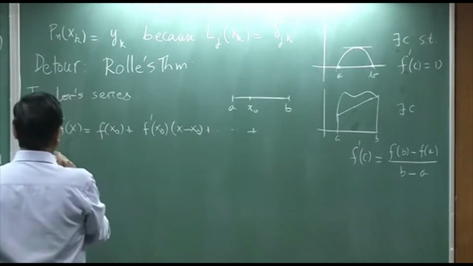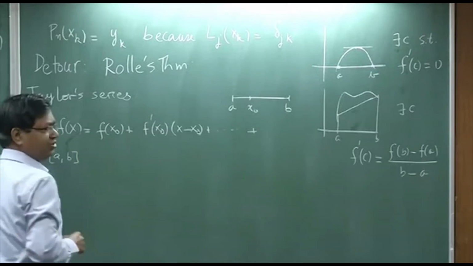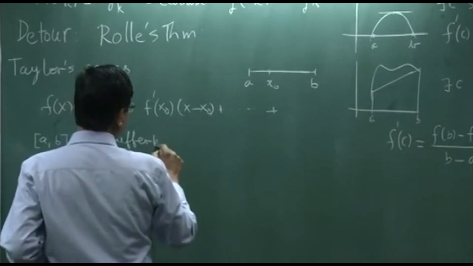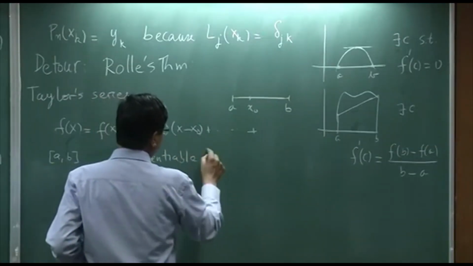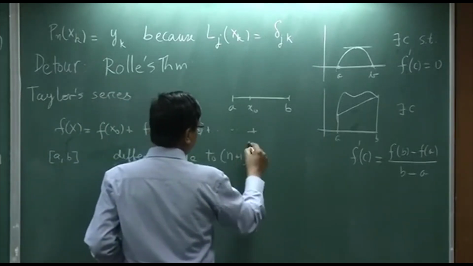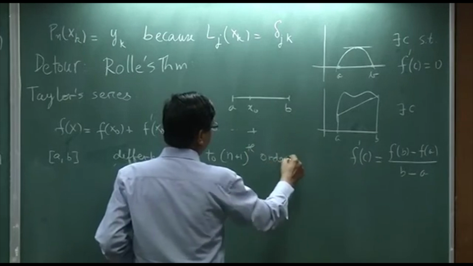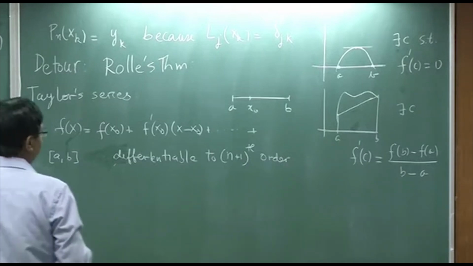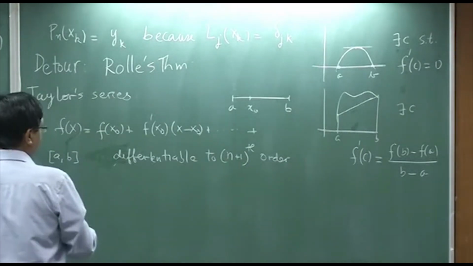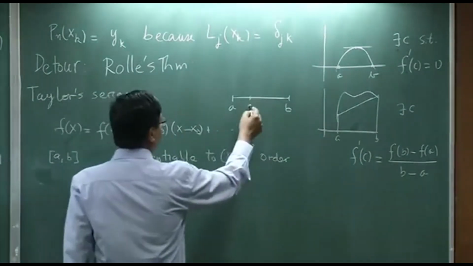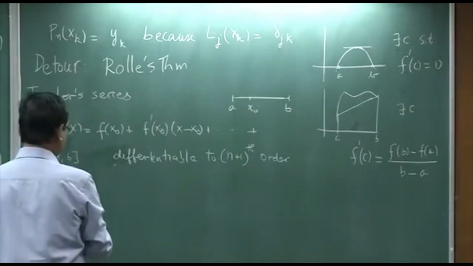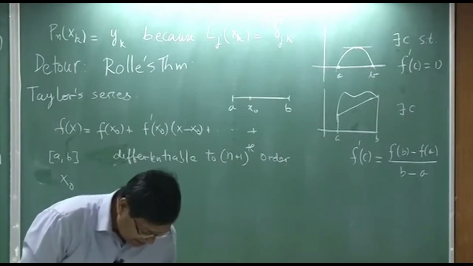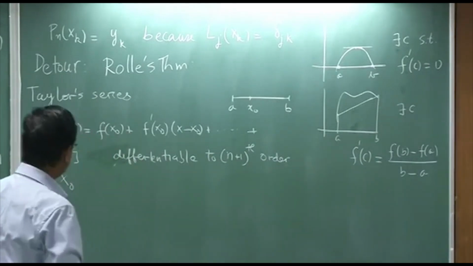What Taylor says is that the function is continuous between a and b, and it is differentiable to n plus 1th order. So, you can differentiate this function that many times. Then we say that there exists, and of course, the interval. So, I will choose a point x 0, which is the point about which I am going to expand. Then x naught belongs to a b,